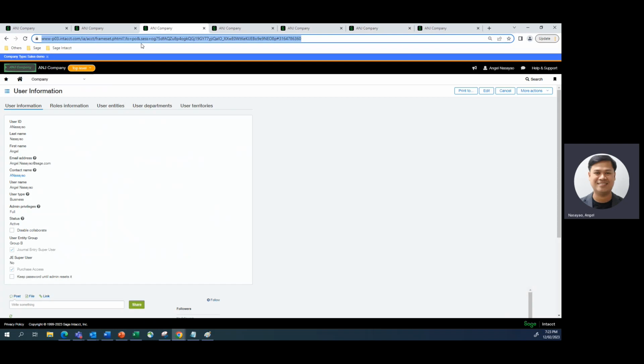The user information here is for myself. I have here the custom field called purchase access. When that purchase access is ticked, I should be able to create a purchase order or convert it into a purchase receipt and eventually convert it into a purchase invoice, and I can edit any of those purchase transactions. But